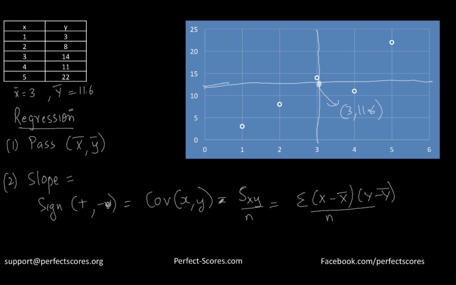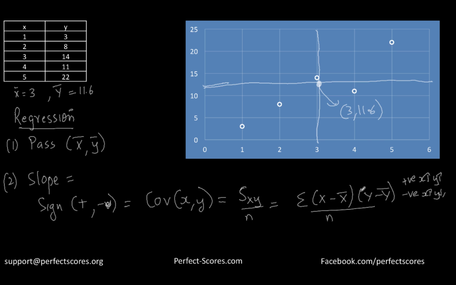There is a special video on covariance of x and y, guys. Covariance of x and y tells us what happens if x increases. So if covariance is positive, that means if x is increasing, y is also increasing. If covariance is negative, that means if x is increasing, y is decreasing. So that is pretty much the